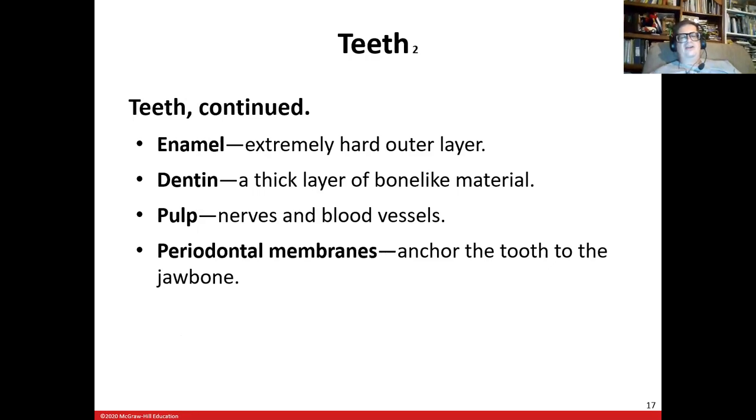The dentin is more like bone, okay? Has a little bit of give, a little bit of flex. It's tough, not hard. The pulp is the part in the middle that has the nerves, that has the blood vessels. And then the thing that anchors it into the jawbone is called a periodontal ligament that holds the tooth into